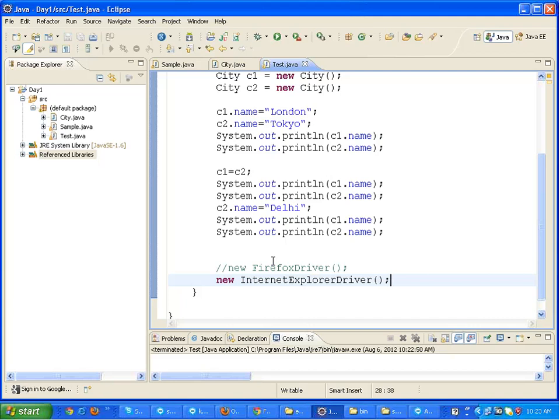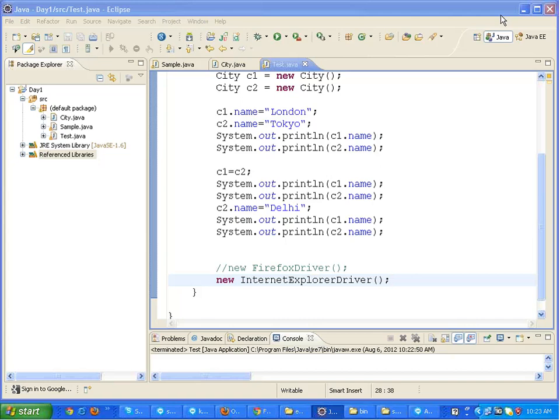Fine. But right now, just understand this concept. By creating the objects of the inbuilt classes, you can work with Selenium. That's why I told you the concepts of object-oriented programming are very important. These concepts are very important. Fine. So